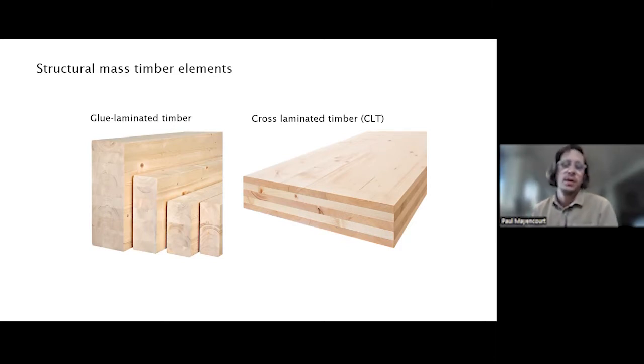And cross-laminated timber, that is not such a recent innovation, but the way it's been coming to the market is fairly recent in many places, maybe 10 years or 15 years ago. The only difference between glue laminated timber and cross-laminated timber is that the cross-laminated timber has cross-lamination. So some of the boards are going at 90 degrees from each other in order to have dimensional stability. So wood will move with changes of moisture contents, humidity in the air, and the cross-lamination, so the layers of the wood being crossed, will increase the dimensional stability so that the panel is going to be more stable in space when moisture is changing.